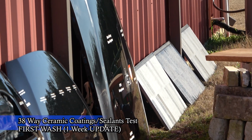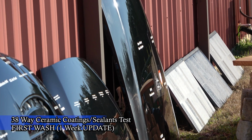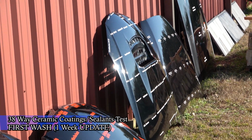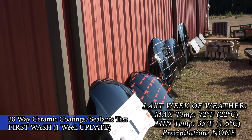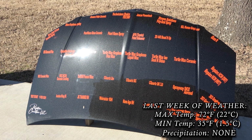This is our first wash in this series of our 38-way ceramic coating, sealants, and waxes product longevity test. The last week of weather is on your screen, and as you can see, this is pretty typical of January here in East Texas. It's usually a little bit wetter this time of year, but comfortable temperatures with nothing too